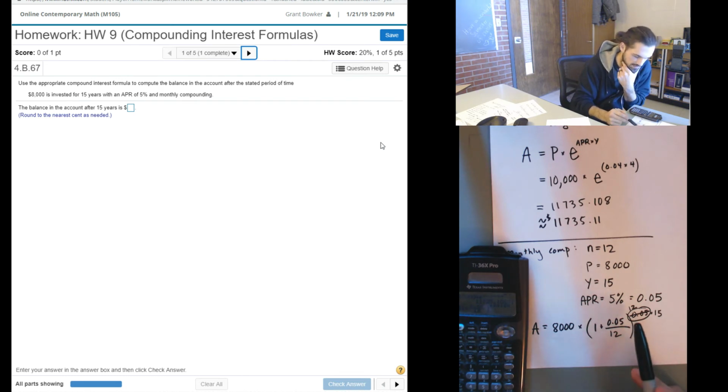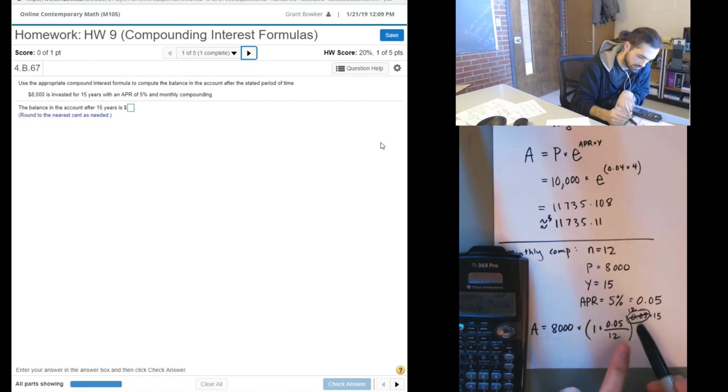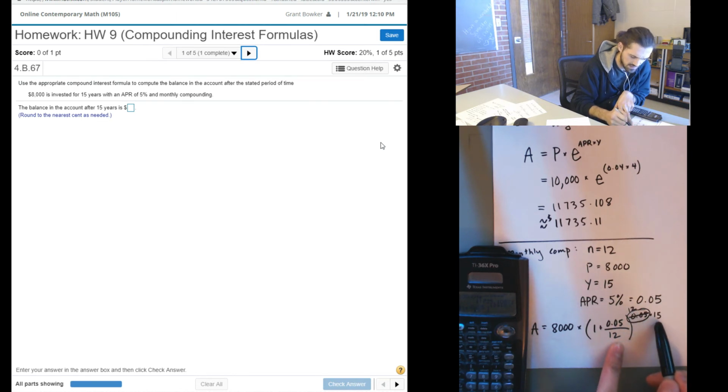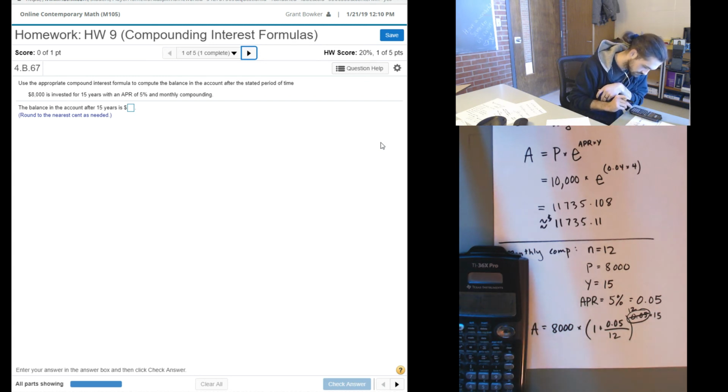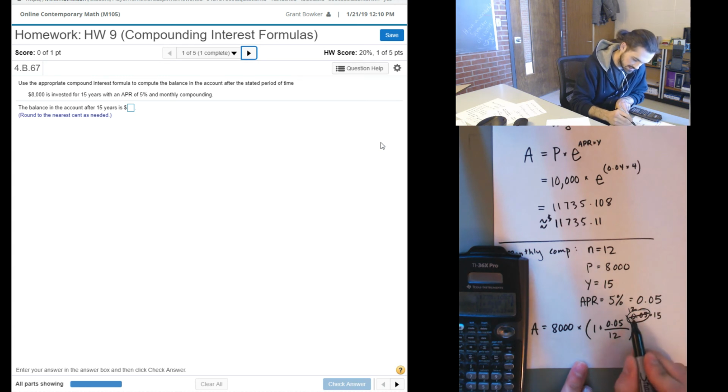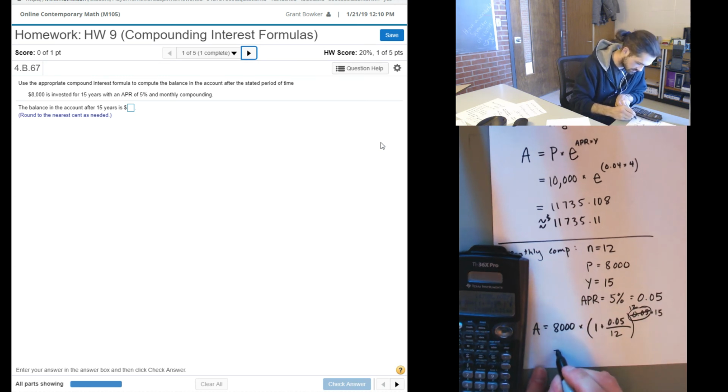The reason why I saw that is, if you notice this exponent, 12 is the number of times the interest is applied in a year, 15 is the number of years you're doing this, so this exponent is the total number of times the interest is applied. That's what raised a red flag in my head with this 0.05 in the exponent. Again, this exponent turns out to be 12 times 15, which is the total number of times the interest is applied. So changing this 0.05 into the 12, of which it should be, we get